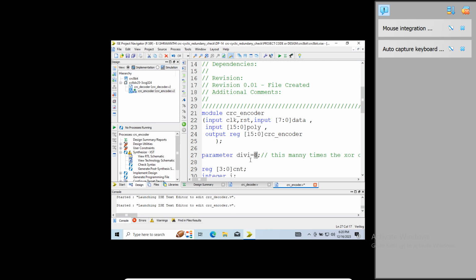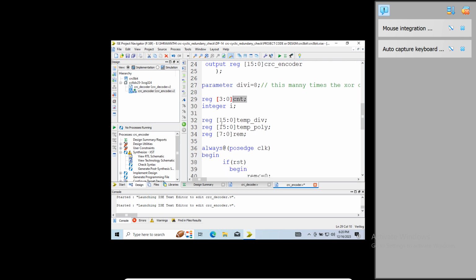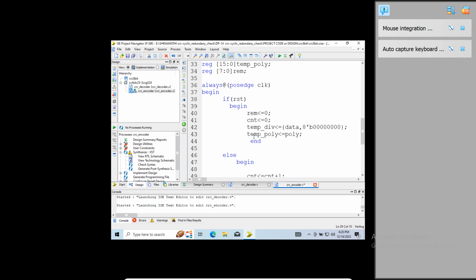Got it? Then another thing, I'm taking count. Why am I taking count? Because I want to know how many times the division process is going on. With the help of this count variable, I am going to know it. Then there are some temporary variables we need to take. So according to that,